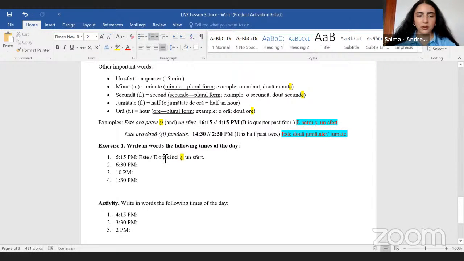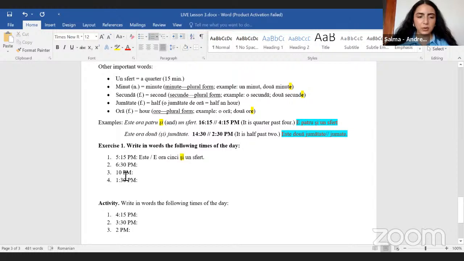And then also, we can leave ora out. It is also optional. This is more commonly used in the colloquial, in the informal context, honestly. So the correct way would be to put it, but if you leave it out, it's going to be understandable. People will understand what you say, because probably you will be answering the question, what's the time? So you will be telling them the time, so you don't need to add ora. It's not a mistake if you do, but just so you know.